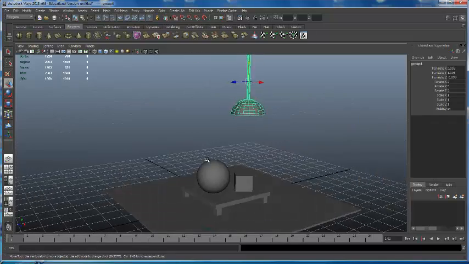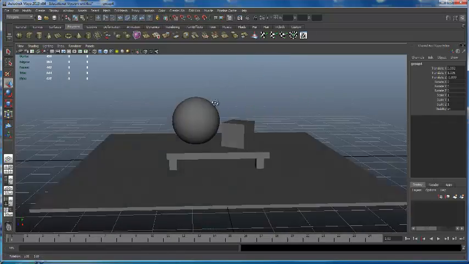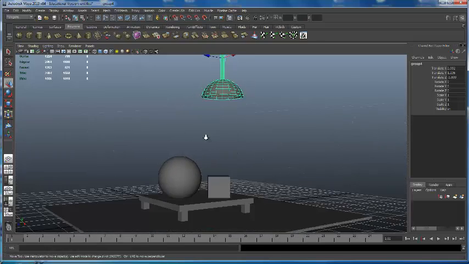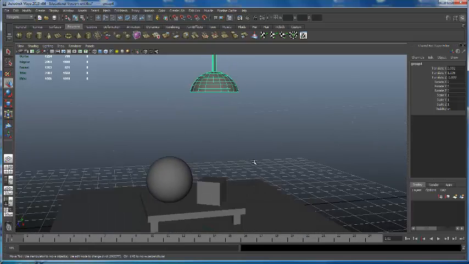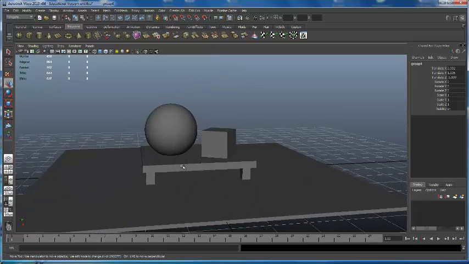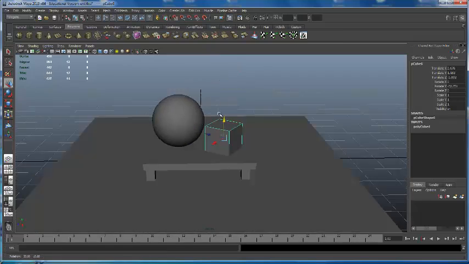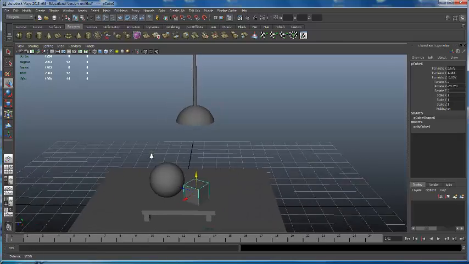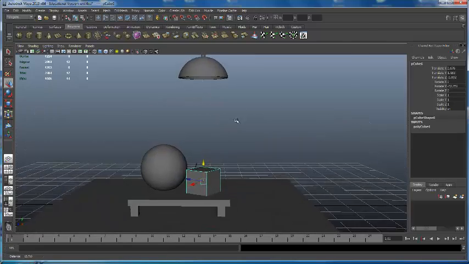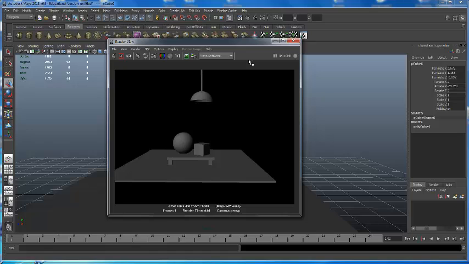Alright, I want to do a real basic lighting demo and introduce you guys to some lighting principles. Okay, so I have a really basic set here that I've created. It's a rough table, a sphere, a cube, and then up above it there's a light. Okay, so what happens right now if I do a standard render by clicking the render icon right here,